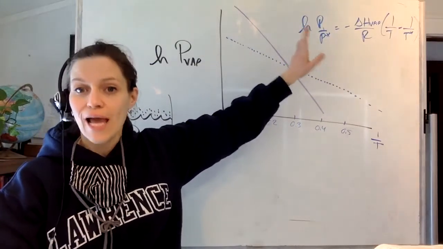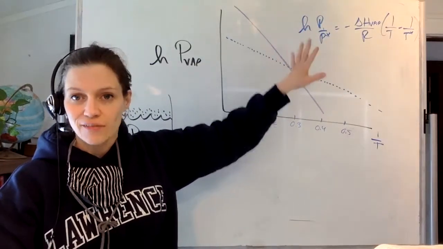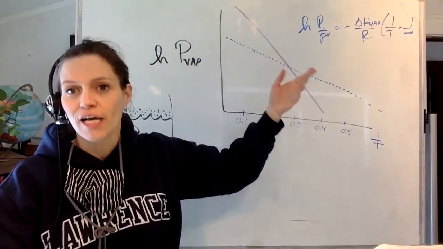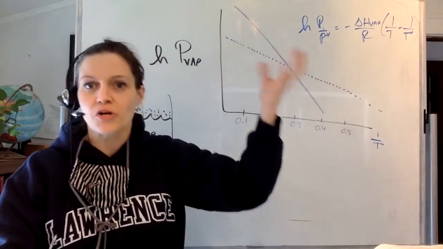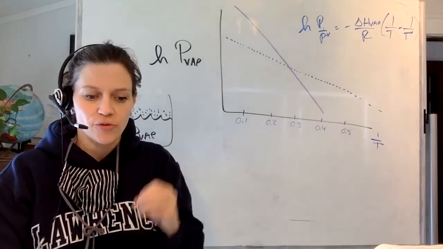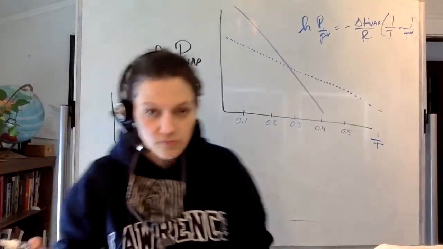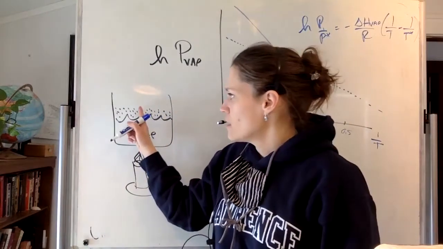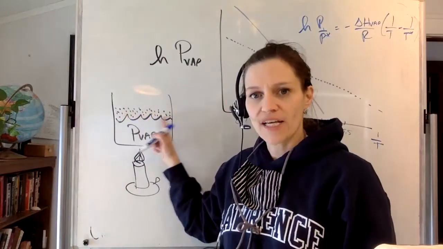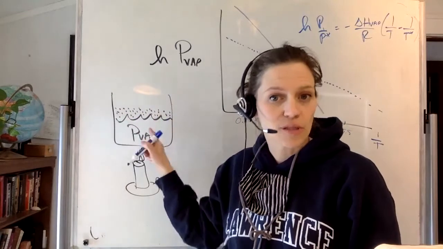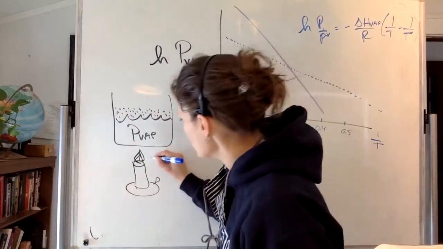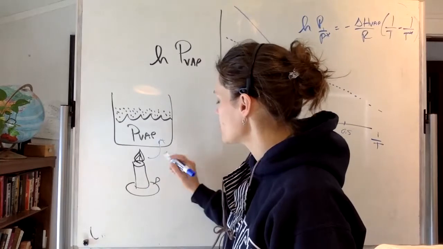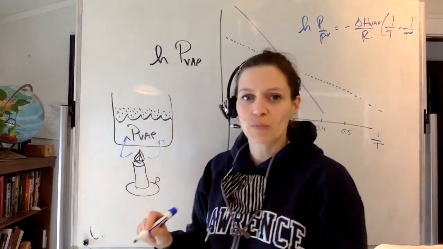form of an exponential. So I was going to dive into the exponential idea to help clarify the relationship of heat of vaporization with the variations of the vapor pressure. So let's start with this picture. We have vapor pressure, which is the pressure exerted by the gas particles above the liquid phase in an equilibrium. So if we add heat energy, so we add thermal energy to our system with our glorious PChem candle,